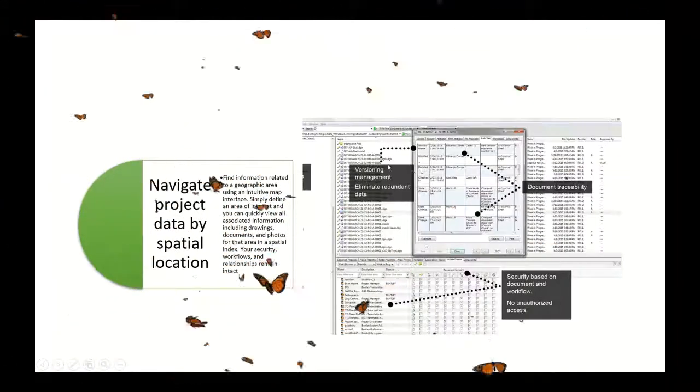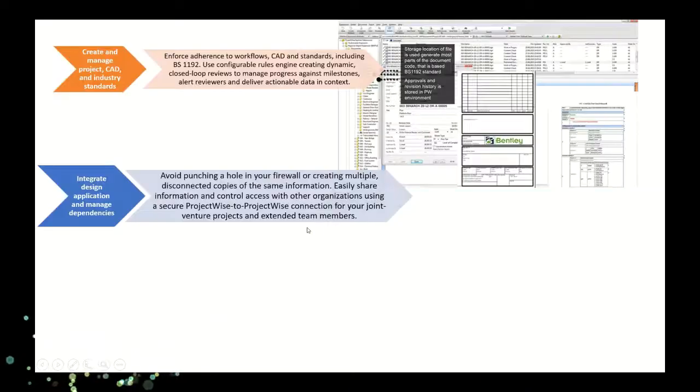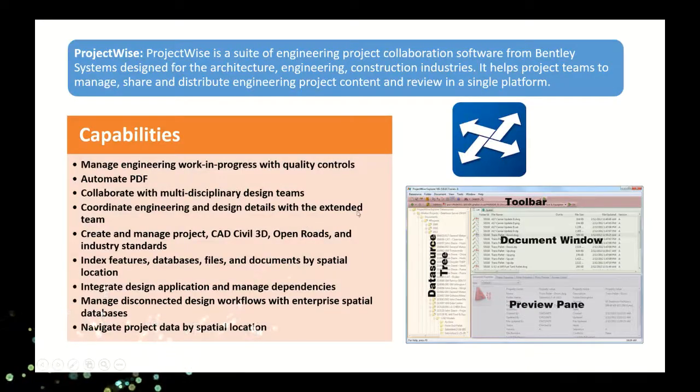As I said, you can manage the project data. See who modified, when it was modified, and which version, all those things you can navigate in project data. This is what ProjectWise is about. Mainly ProjectWise is for collaboration and coordination, and then creation of common standards, so that there is no mismatch of standards followed. So mainly ProjectWise is a very useful tool.